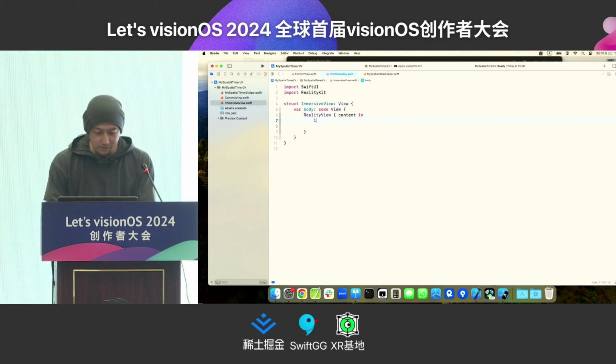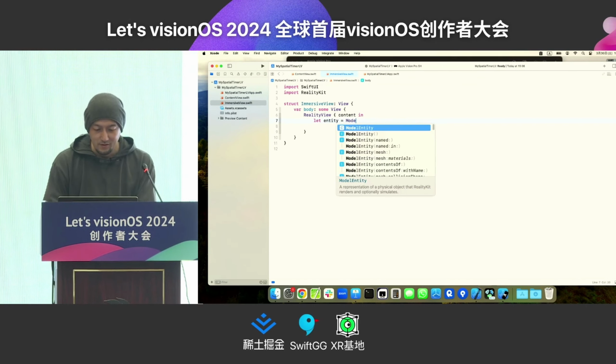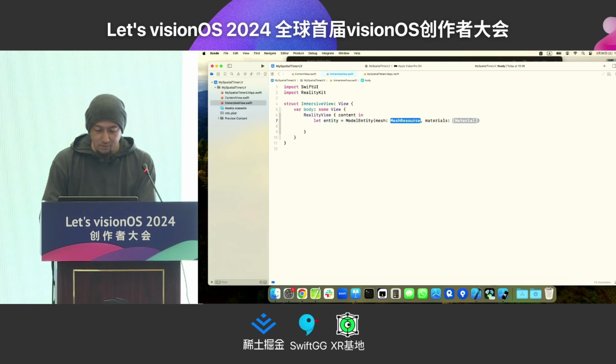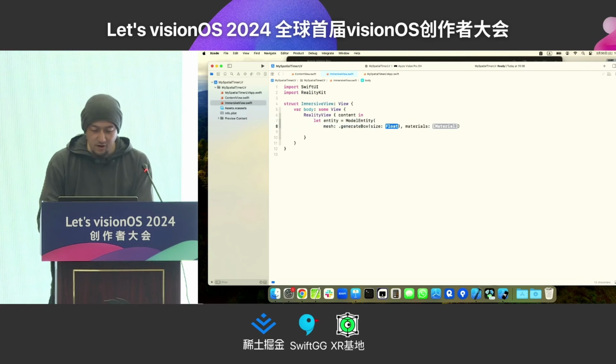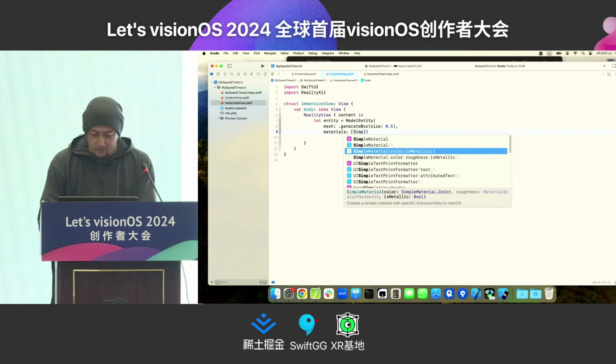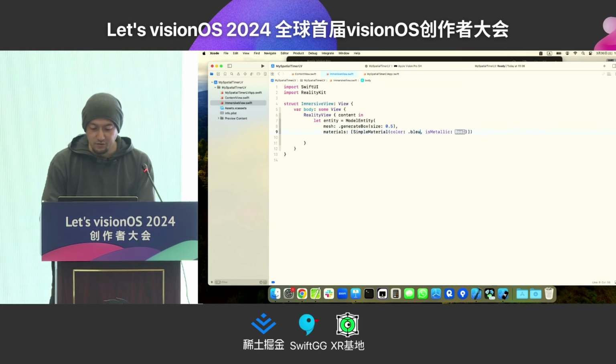Okay, I'm going to define an entity, a model entity that has mesh and material. Generate box. The color is blue.